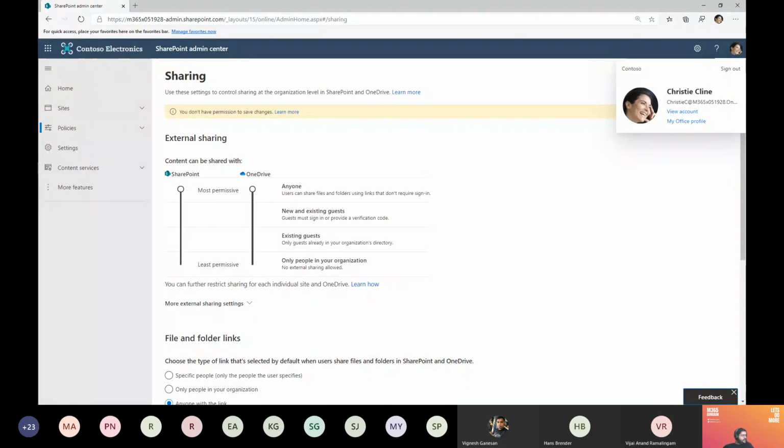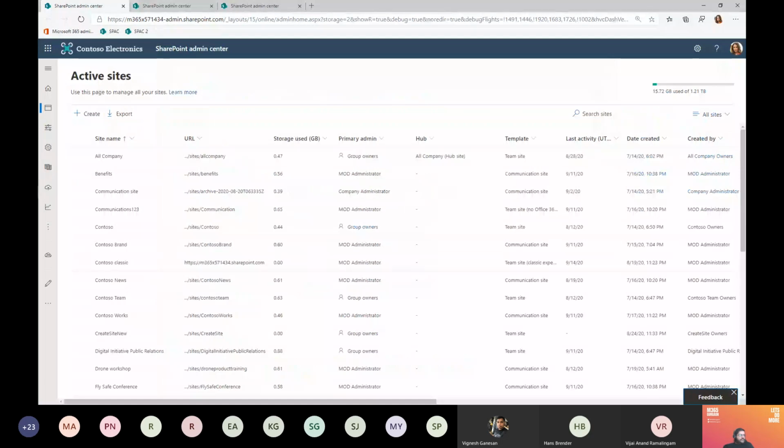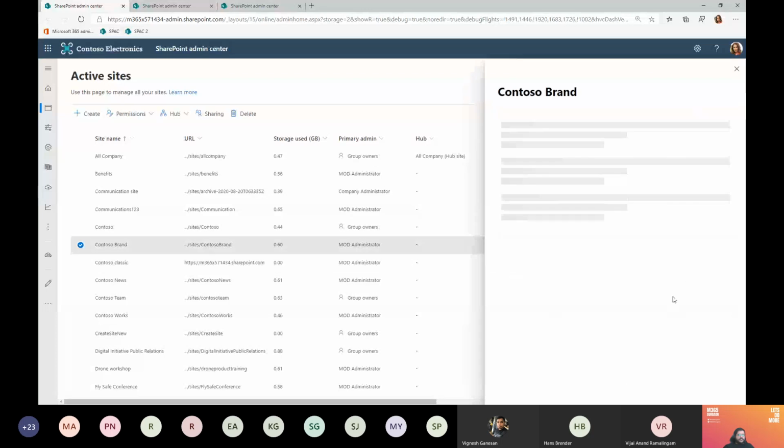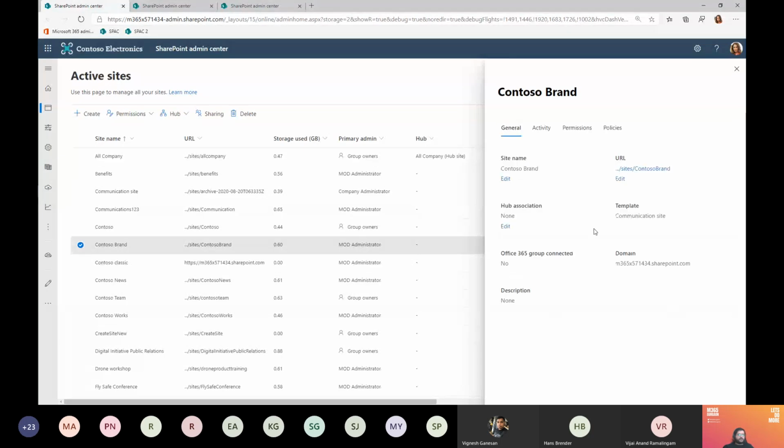Let me start with this page. This is the active sites page, and this is a list of all the SharePoint sites in your organization, along with details such as the amount of storage used, the primary admin, etc. Now, you can also click on any of these sites and open the site info panel, from where you can see more information about the site and even change some of the properties, such as the site name or